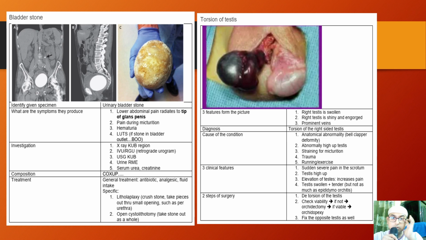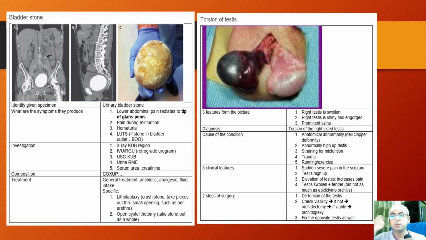Okay, so composition will be calcium oxalate, xanthine, and urate stone and phosphate stone. So general treatment will be antibiotics, analgesics, and fluid intake. Yes, and specific: litholapaxy, crush the stone, take pieces out through a small opening, the periurethra. That is ESWL and forming